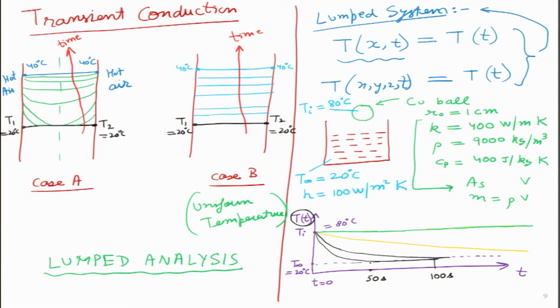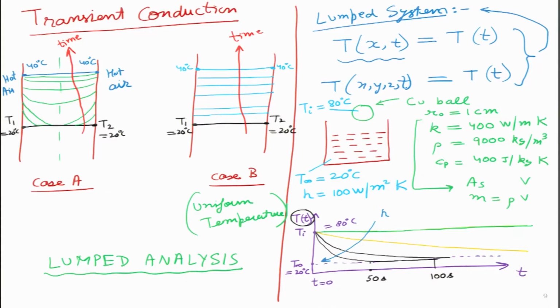So what we will analyze in this particular chapter is that we will see the direction in which these curves are actually moving. So we will try and figure out, is there some parameter which is actually governing how fast this particular thing cools down, and is it just one parameter, is it just h, the heat transfer coefficient, which I can change around, or are there other parameters as well.